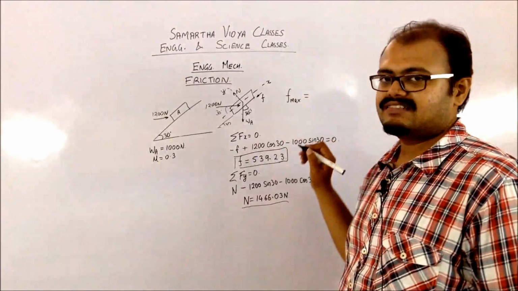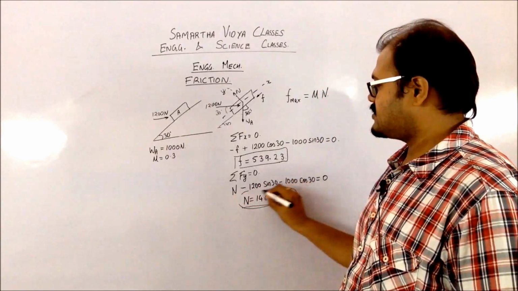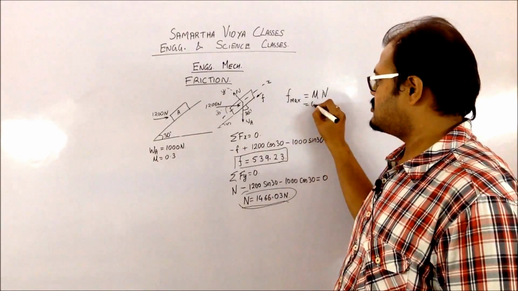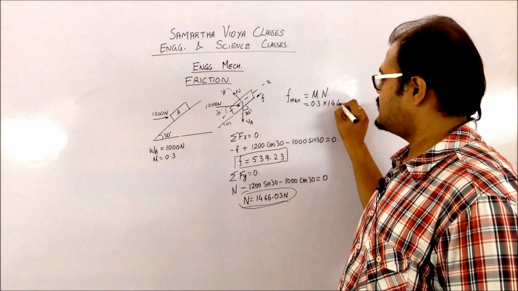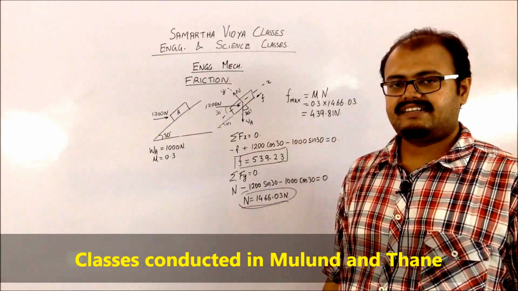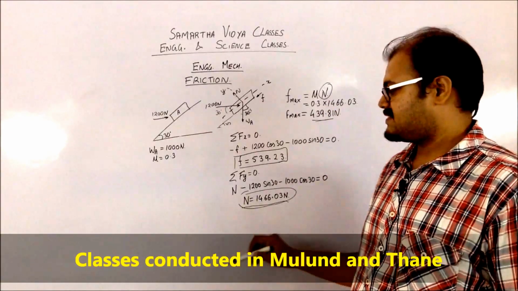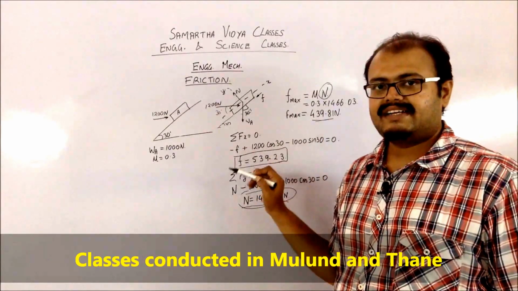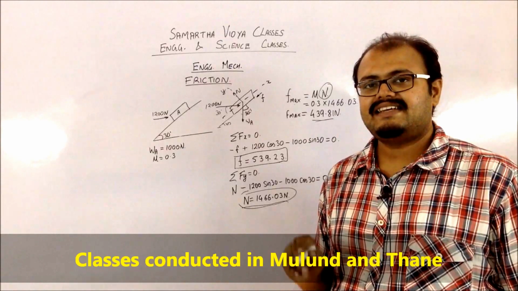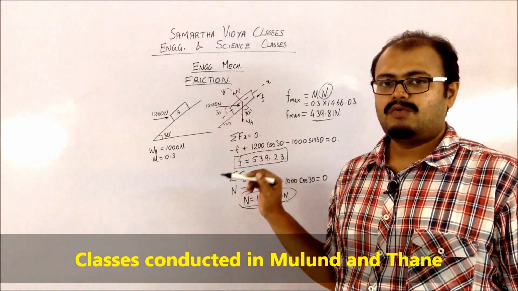You know that F max is given by mu into N. You have already found out your N, which is 1466. So you have to just multiply with mu. So that's going to be 0.3 into 1466. So your F max value is coming out to be 439.8 newtons. What you can see is that the F max which is generated for this particular normal reaction is quite less than that which is required for the equilibrium condition. So basically it means that the block A is going to move in the upward direction with some velocity.